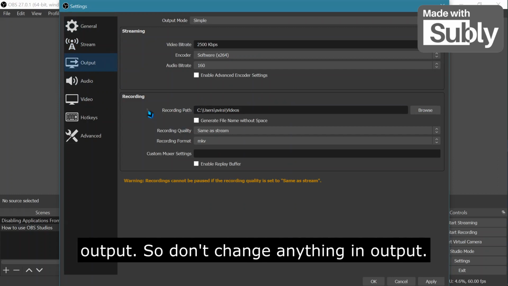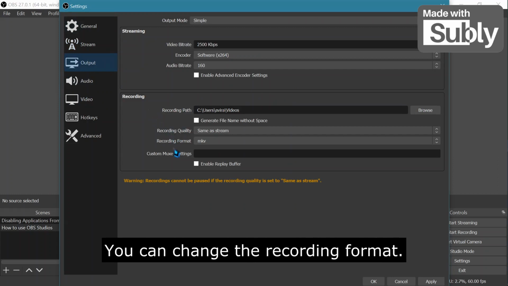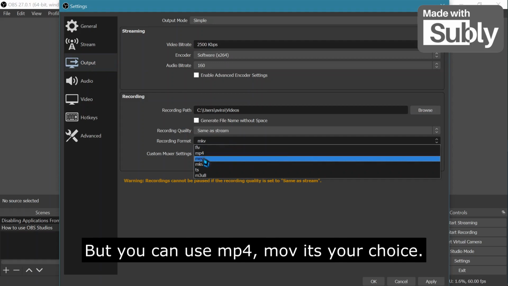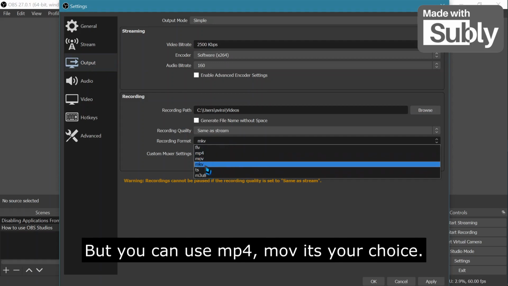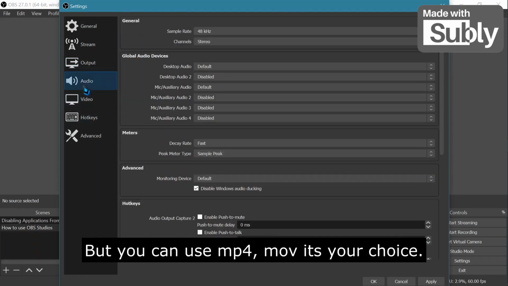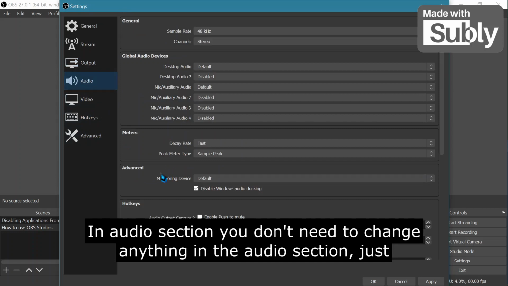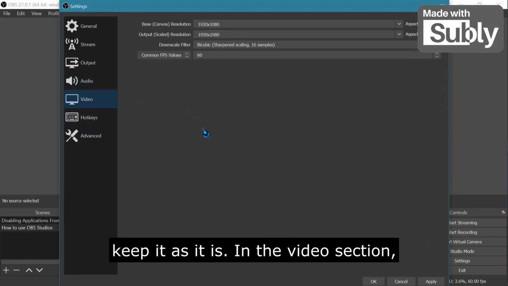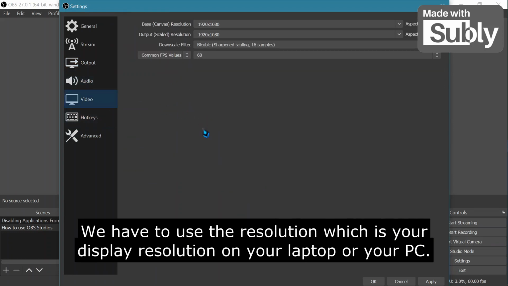Now the output. Don't change anything in the output, but you can change the recording format. I only use MKV, as YouTube supports all the recording formats, but you can also use MP4, M4A, it's your choice. Now with the audio section, you don't need to change anything, just keep it as it is. In the video section, you have to use the resolution